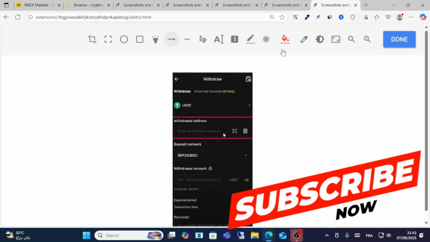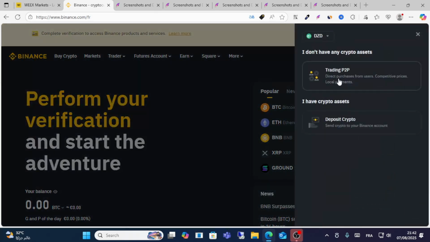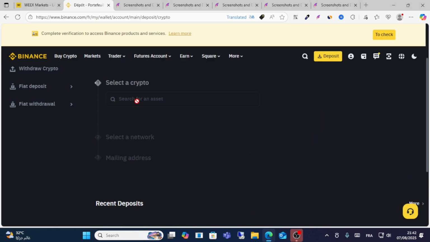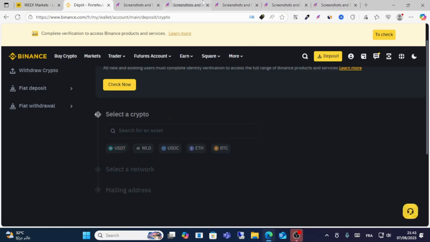And then guys, all you have to do is write your address. For example, if you want to withdraw to Binance, just click your Binance address. For example, deposit crypto, choose your Binance address, your USDT, for example choose your USDT from here, and then copy